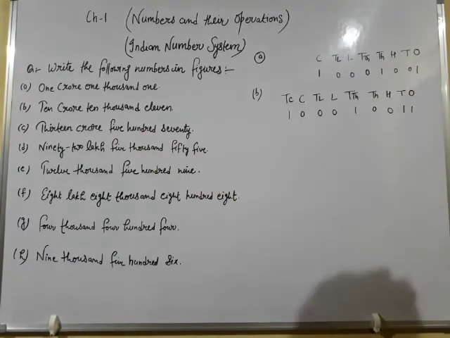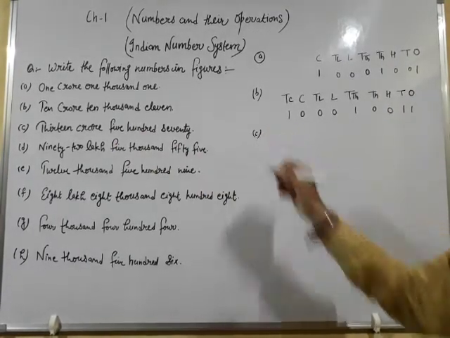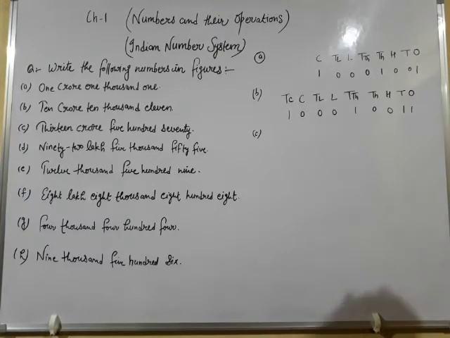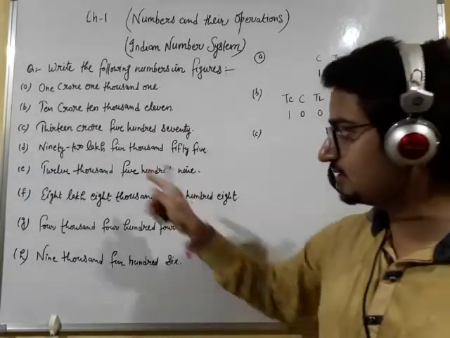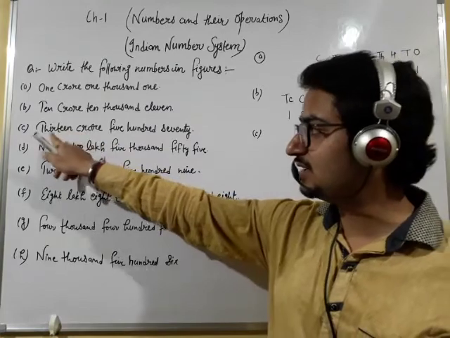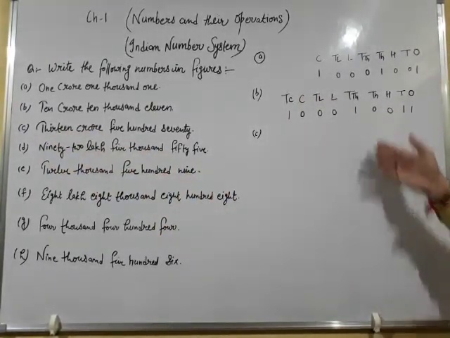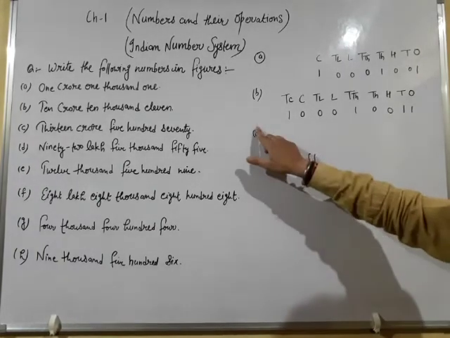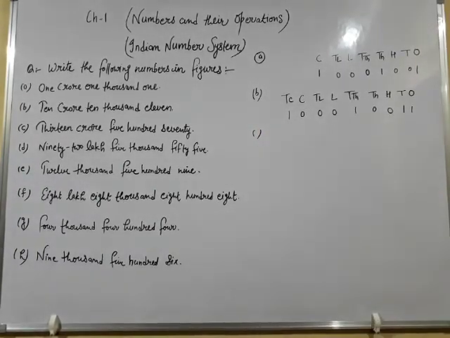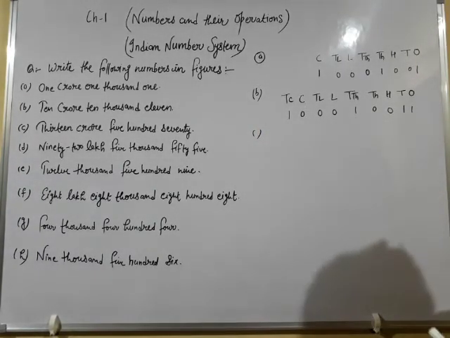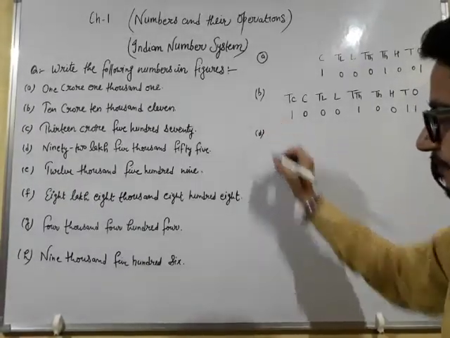Move on to your C part. Whenever you start writing the numeral form of any number, you have to observe the highest period given, or highest place. The highest place in C part is 13 crore. Yes, this is the same as question B. So I am leaving C part for you. You have to do it in your homework. Move on to D part.